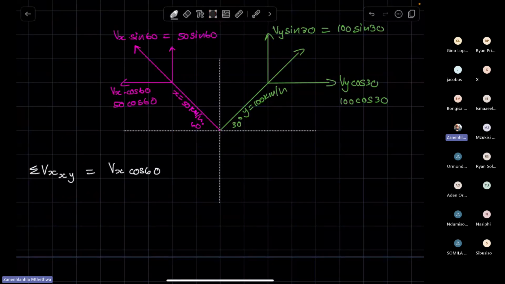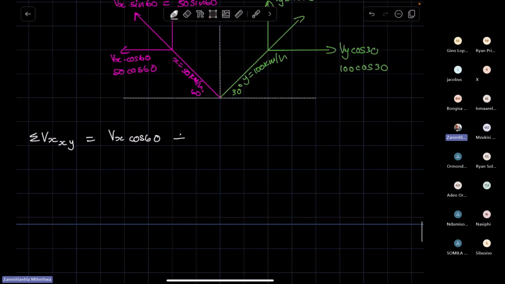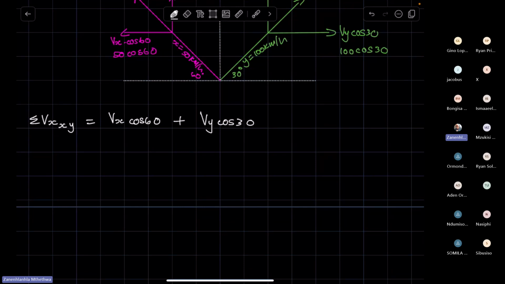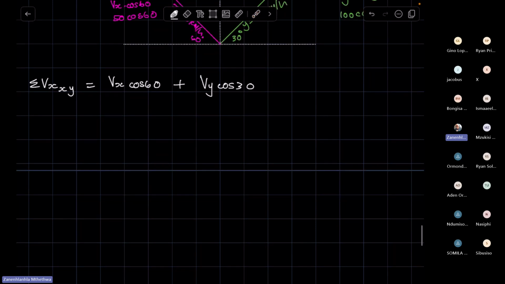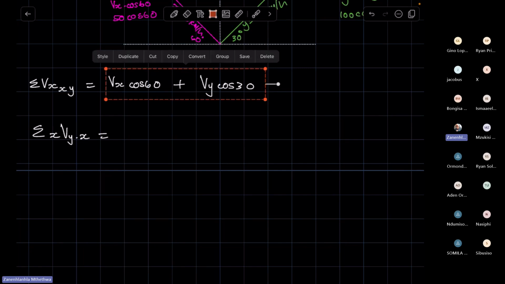So this will be vx cos 60, right, plus vy cos 30. Then you do your substitution, right? Or if this is confusing for you, instead of writing it like this, you can simply say the sum of v in the x direction is equal to, then write this,